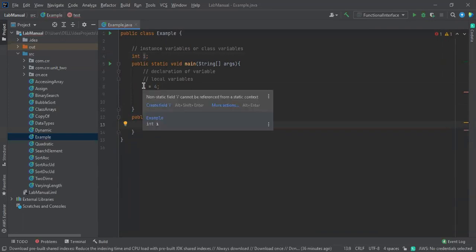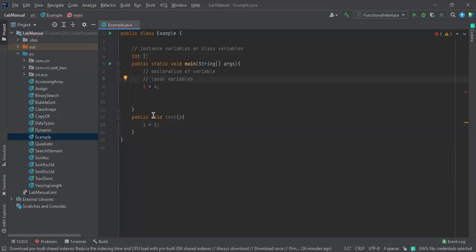So what it is telling: non-static field I cannot be referenced. Again, I'm telling you, this is not a static method and this is a static method. What is a static method? There is no need to create an object. Directly we can access it. So this is what the static method is.